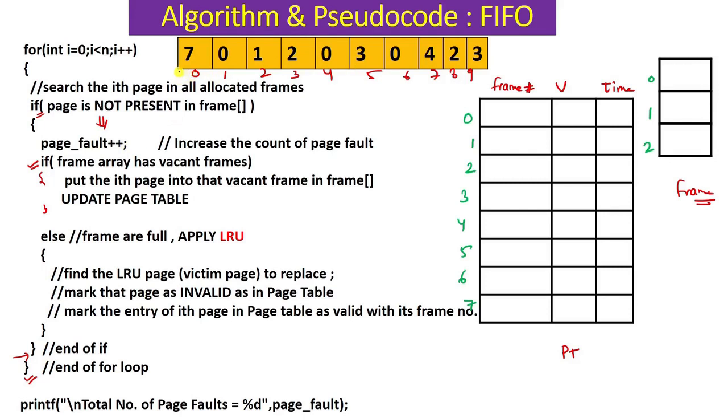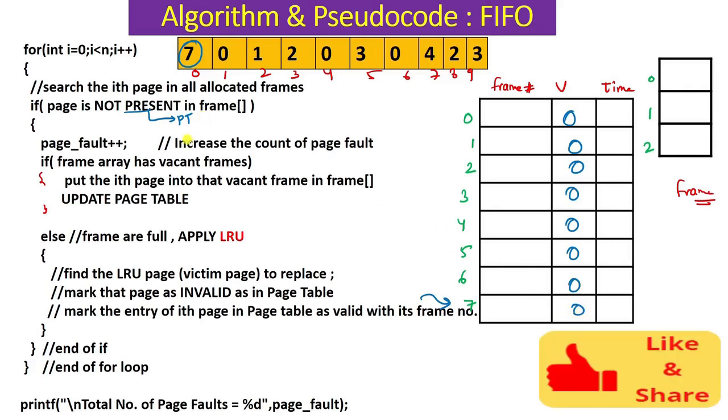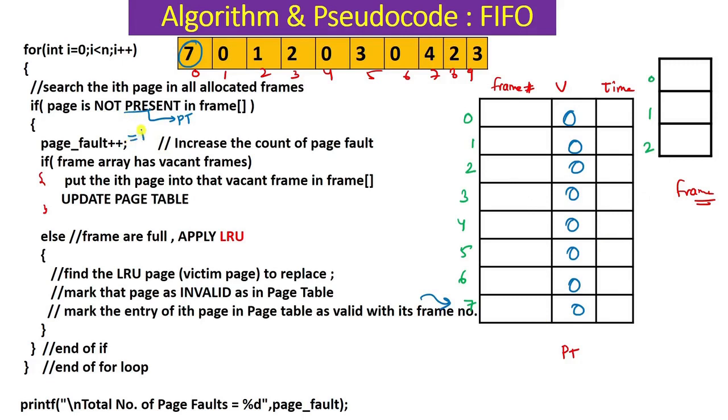So let's see how we will work upon this reference string. First we will come for i equal to 0, that is 7. We'll search if 7 is present inside the frame array, so we'll directly go to the page table actually. So here we will be needing the page table. From the page table we'll get to know that all the valid bits will initially be 0, right? So this is 0. So I'll say this 7 is not present in any of the frames, right? Because only if it is 1 can we say my 7 is present. So I'll say not present, so increase the page fault, it will become 1.